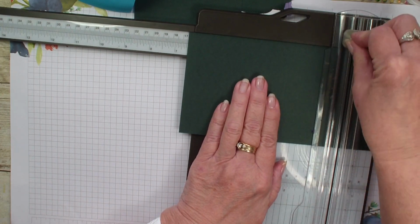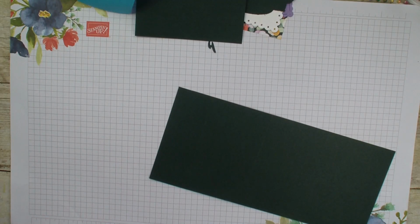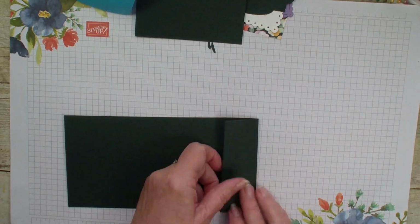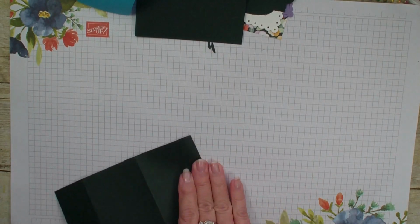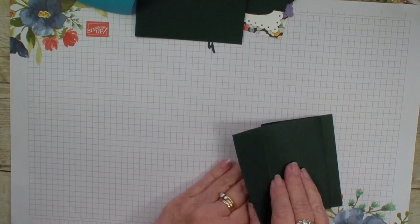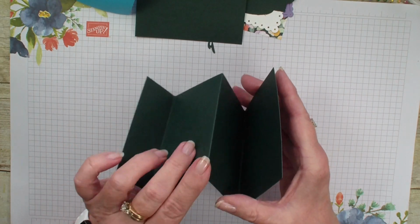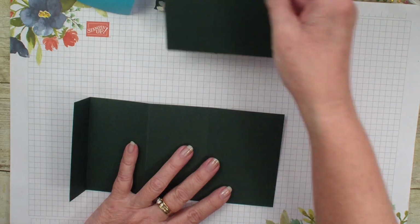So it's 1 1/2, 4, and 6 1/2. Again, this piece is 4 1/4 by 9 1/2. So we're going to go ahead and work those score lines. I don't see my bone folder right handy here. But what you want first is a valley fold, a mountain fold, and then a valley fold. So we're gonna go in here and grab